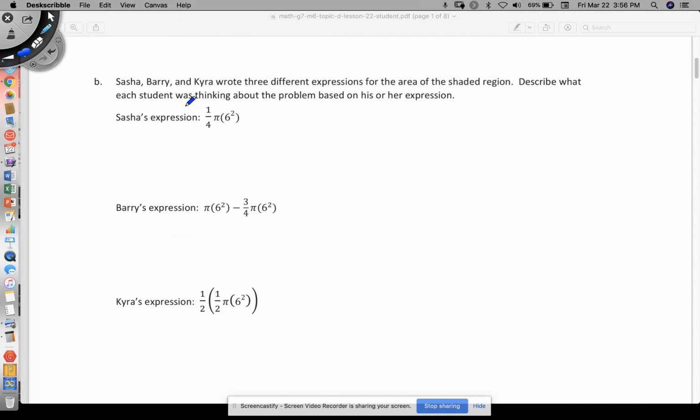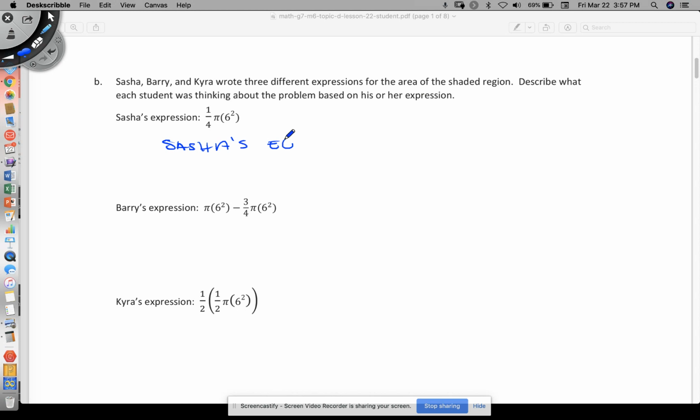Now B says, what did these people do when solving that problem up above? So it says Sasha, Barry, and Kyra wrote 3 different expressions for the area of the shaded region. Describe what each student was thinking when they wrote their expression. So Sasha is exactly what we did. We did the 1/4 of pi times the radius squared. So I'm just going to say that